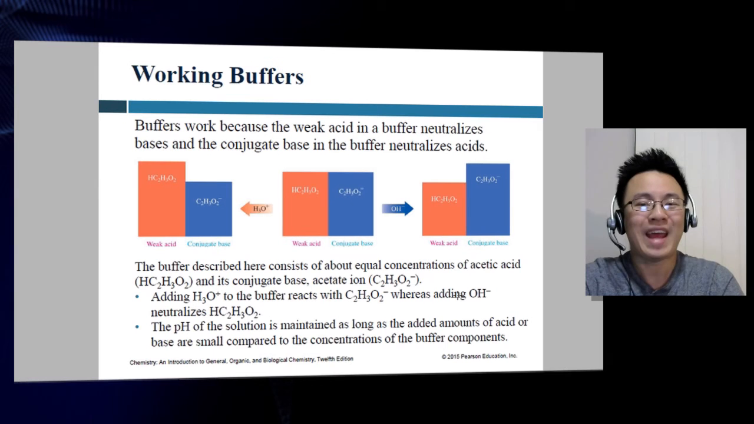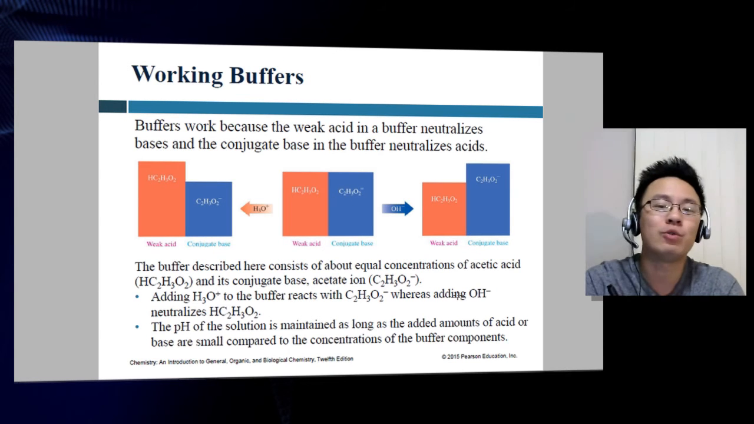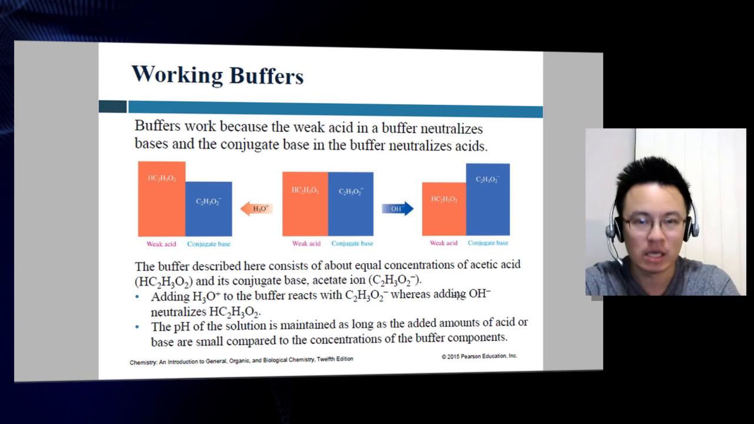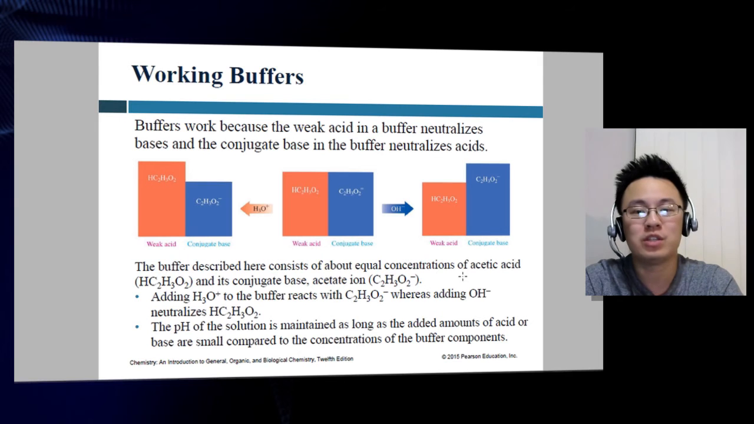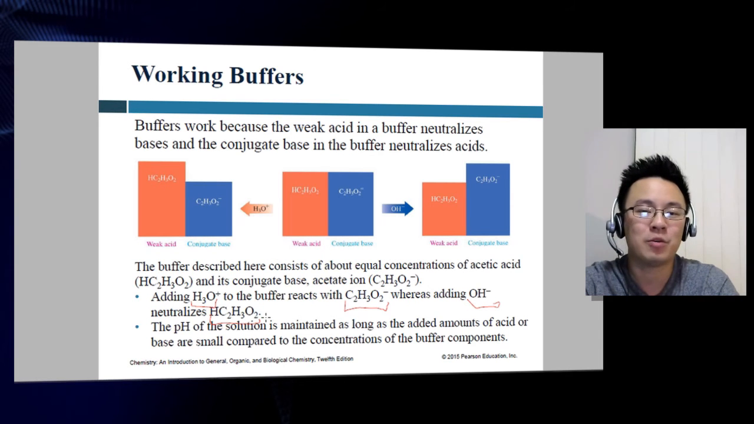Buffers work because the weak acid in the buffer neutralizes base, and the conjugate base in the buffer also neutralizes the acid. As you can see, the buffer described here consists of about equal concentrations of acetic acid and its conjugate base, acetate ion. Adding a hydrogen ion, or in this case a hydronium ion, to the buffer reacts with the acetate ion, whereas adding the hydroxide ion is going to neutralize acetic acid. So the pH of the solution is maintained as long as the added amounts of acid or base are small